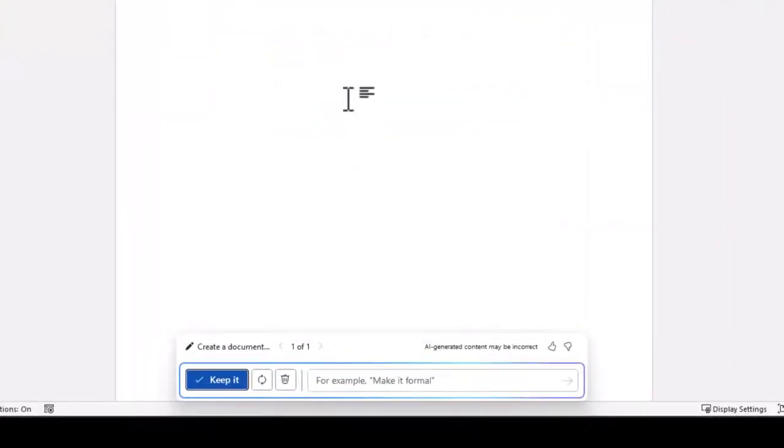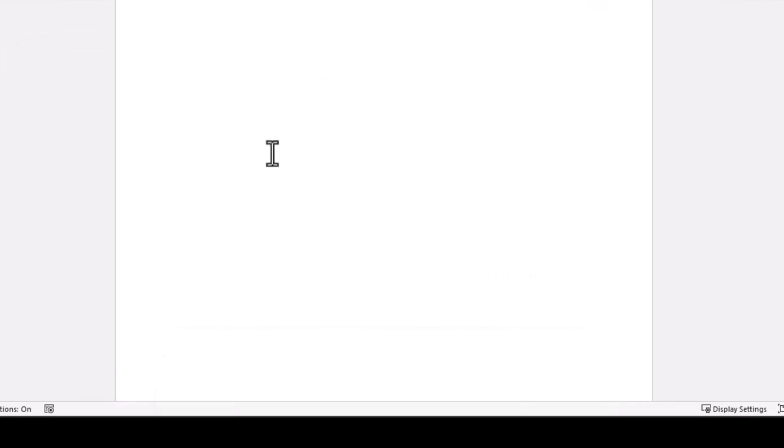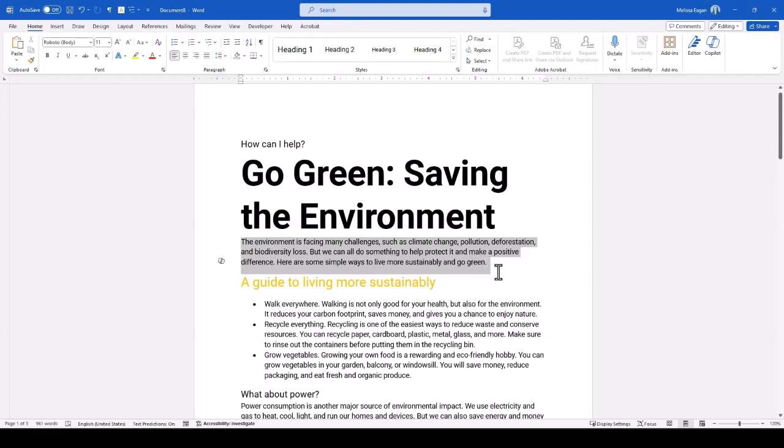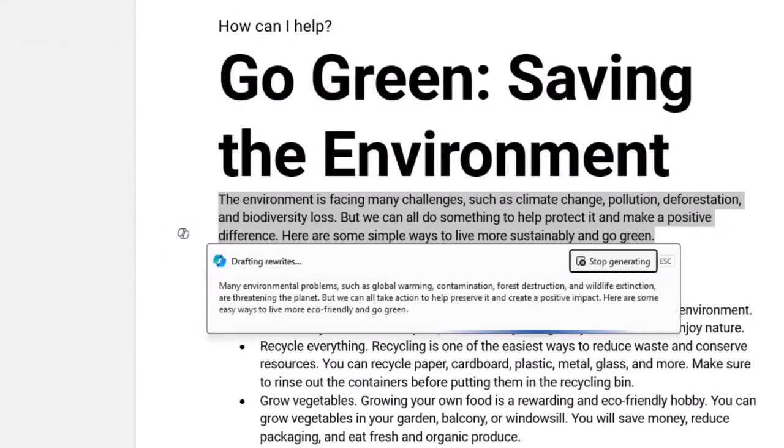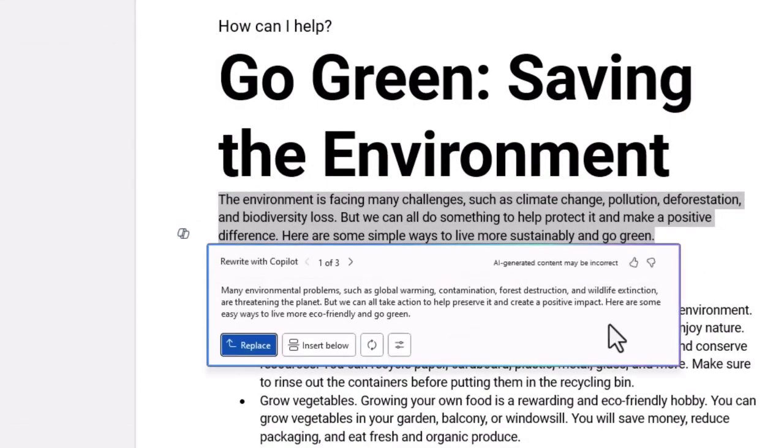When Copilot is finished generating the document, I have the option to keep, try again, or delete. We can also use Copilot to rewrite a section of a document. Copilot will offer me an alternative, and I can either replace or generate again.